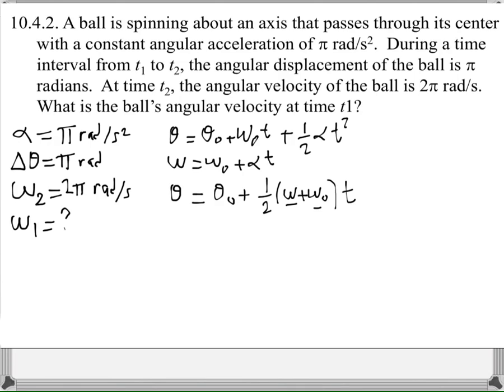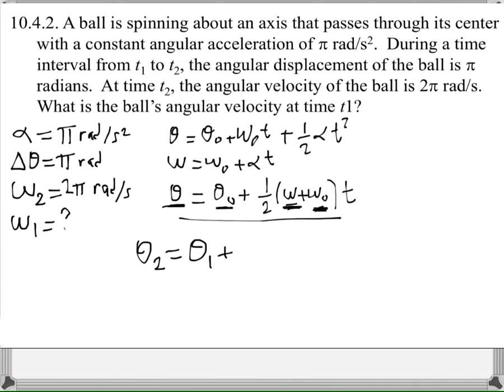The equations will be in the same format. Okay. So instead of theta and theta 0, instead of omega and omega 0, you can say theta 2, theta 1, omega 2, omega 1, but the format of the equations will be the same. So you can write, let's do this for the third equation. Since this is the final angle, and this is the initial angle, this is the final velocity, this is the initial angular velocity. So I can write theta 2 is equal to theta 1